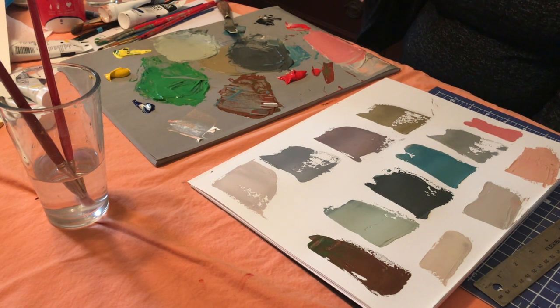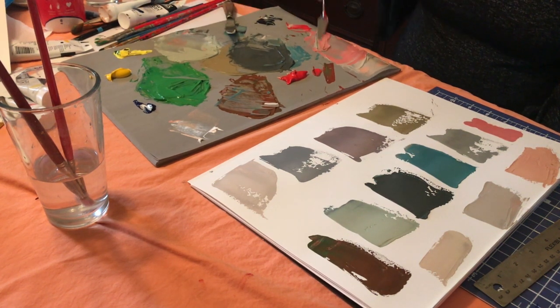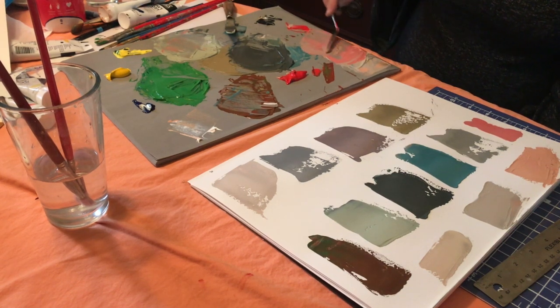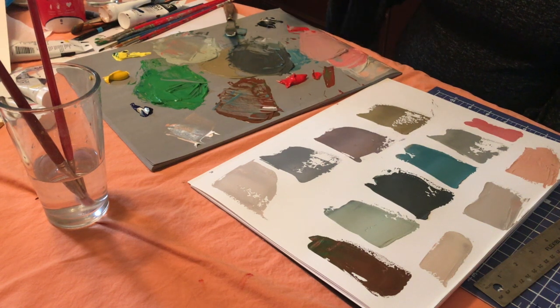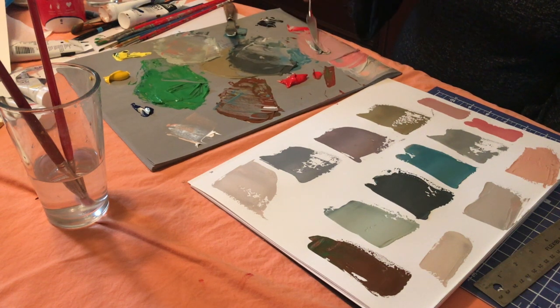Sort of a pinky peach color that we made with the tans over here. And if we mix this color with this sort of grayish green over here, what happens? If we painted this across our paper and we were doing one of the painting projects in there where you're going to make all these different mixes, and maybe you just limit yourself to 2 colors right out the tube and try this, but really it's better if you can at least create the complement, because we know when you create the complement you get the brown. So if you go back to when we made the intensity charts, isn't that nice? Let's add more of the gray, green and the darker gray with a